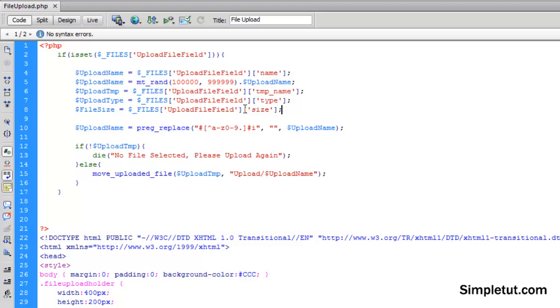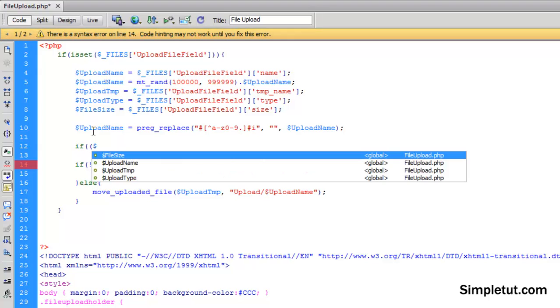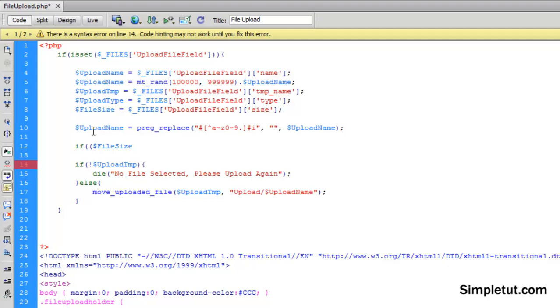This is going to capture the file size of the file that's being uploaded by the user in this particular session. So what we now need to do is we need to, before this if statement where we're actually potentially going to upload the file to our server, we need to run it through a check just before we get to that stage. So before that if statement, I'm going to create an additional if statement. And this if statement, all we have to write here is we need to call the variable file size, and